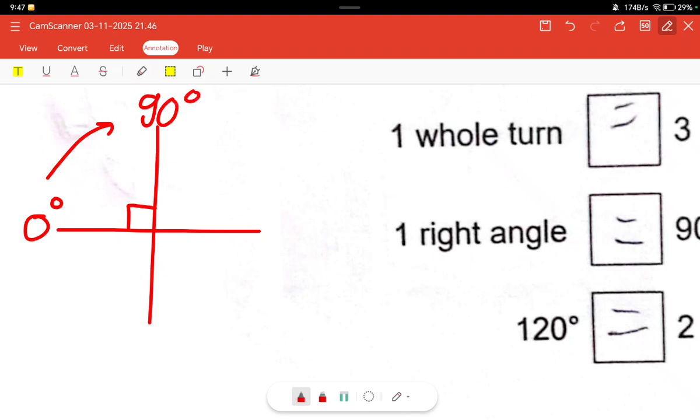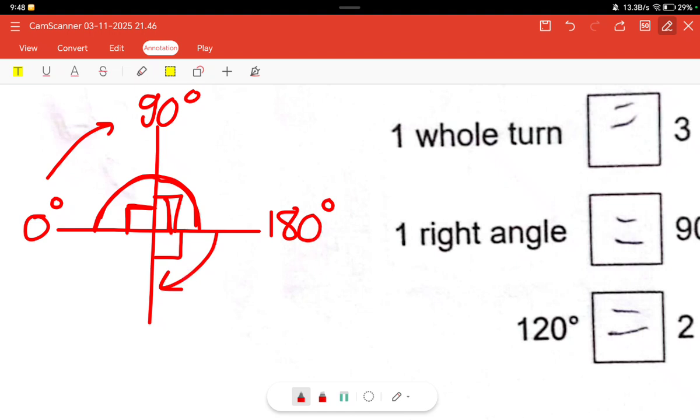If I moved two turns, or two right angle turns, or two quarter turns, that will give me 180 degrees, as you moved 90, then another 90, which is a quarter turn and a quarter turn, or we call it a half turn, okay, 180 degrees. And if I moved another quarter, I moved 1, 2, 3 right turns or right angles,